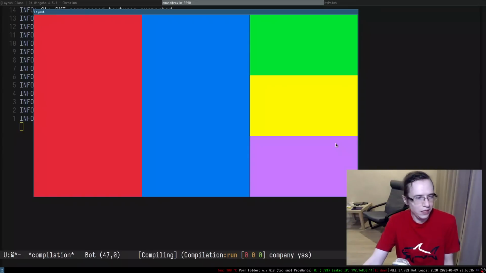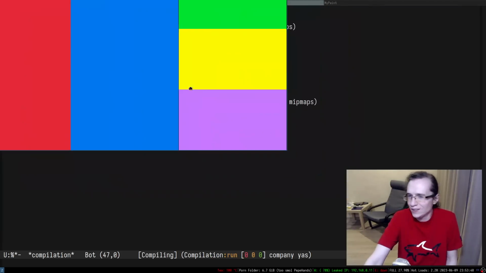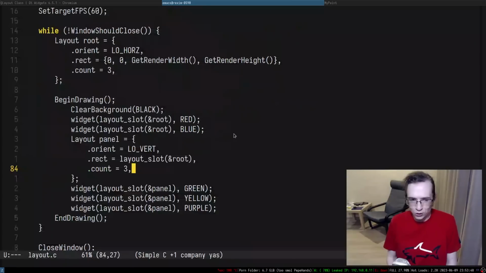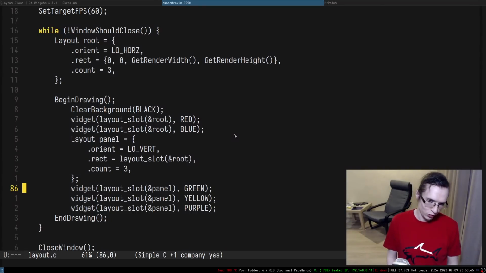Does it even have a name? Should it have a name? I don't really like that. I have to create a separate variable just to be able to subdivide a layout. This is not convenient. Yeah, chat already says inconvenient. So we need to do something about that, right?